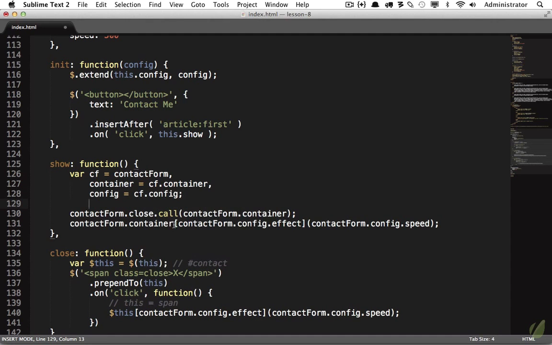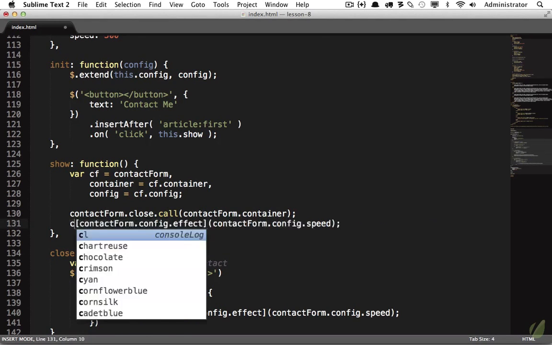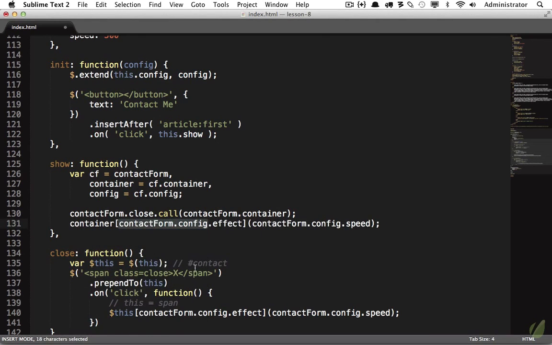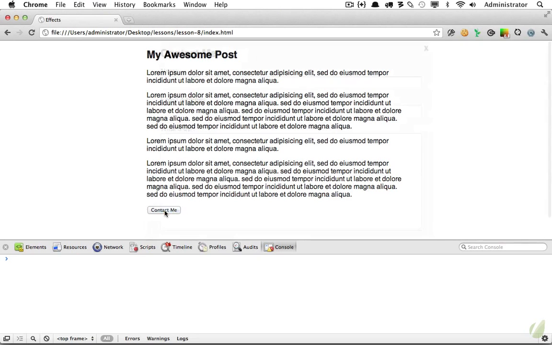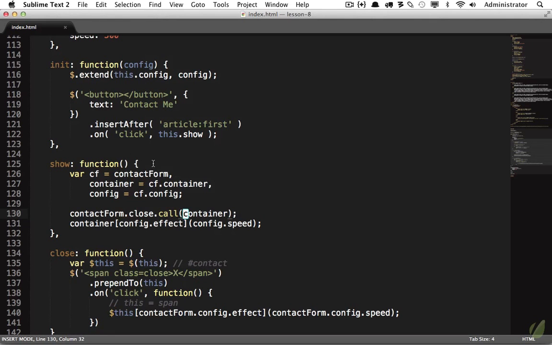Now we can clean things up a bit. I'll get rid of this and refer to container, then get rid of this and refer to config, and the same thing right here. And up here, we can replace that with container. That looks good to me, and look how much easier that is to read. One more time, try it to make sure it's working. Good. And now the final step is, when this show method is called, we need to keep in mind that it's